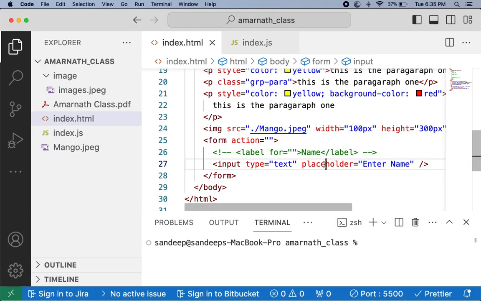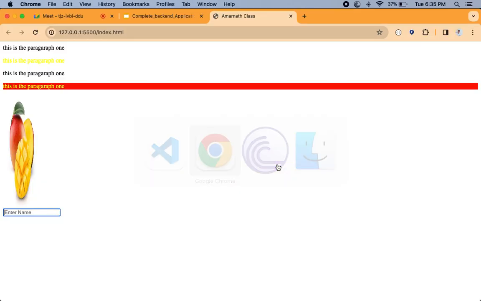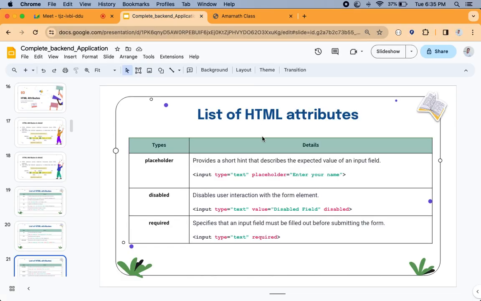But if we clear it, again the text will come. That is nothing but a placeholder. It's not an actual value of that text. The actual value is, if I write here Sandeep, that is the actual value. The text value is Sandeep. So when I start writing anything inside the text box, that placeholder will get cleared. It's like information regarding that input text box. So this is one attribute inside the input text. Next we'll go for